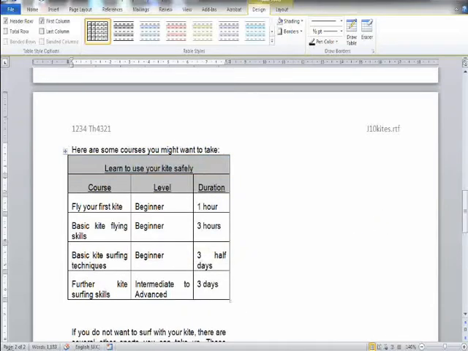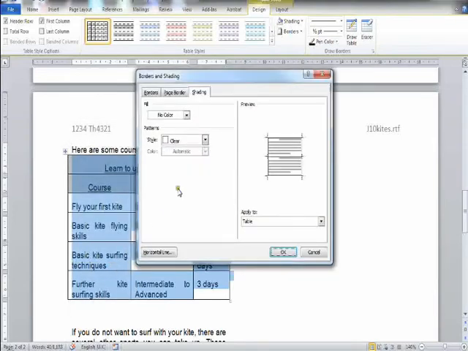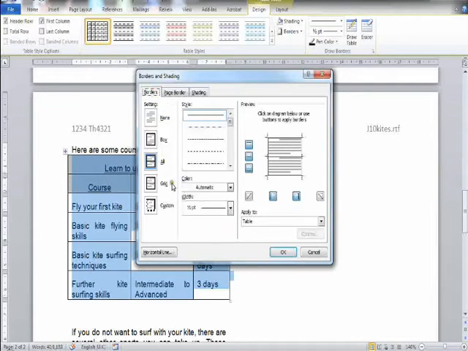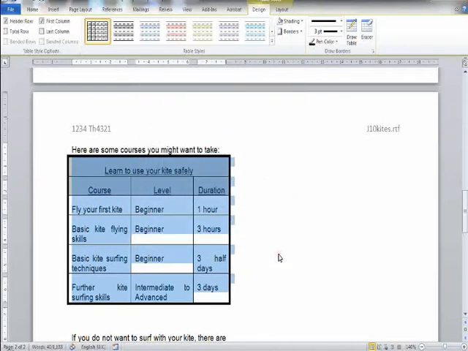The next question says set only the outside borders of the table to be a thick black line. If I right click on the table and go to borders and shading and then select borders, if I choose the grid option and then choose 3 points thick and then click OK, that puts a border 3 points thick around the table but keeps the rest